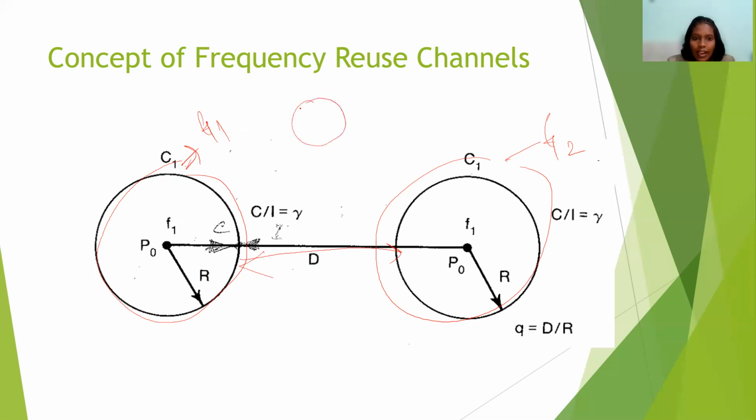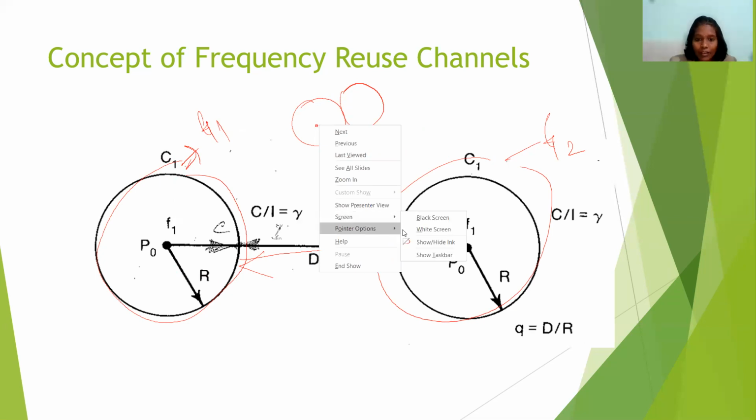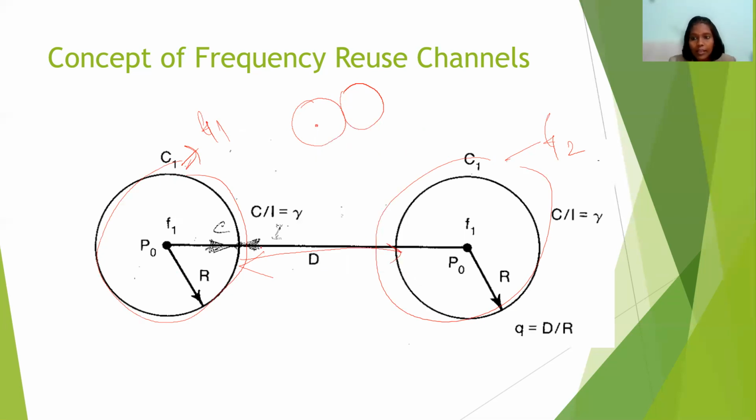If the distance is small, for example if there is no distance, D equals 0, then because the subscribers are using the same frequencies simultaneously, the probability of interference is high. It is 100%, I can say. So we need to maintain a distance D, and this is the radius for that cell site, and this is the frequency which both these cells are using.